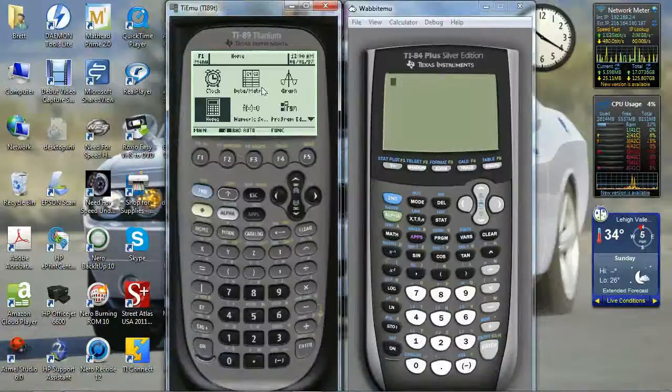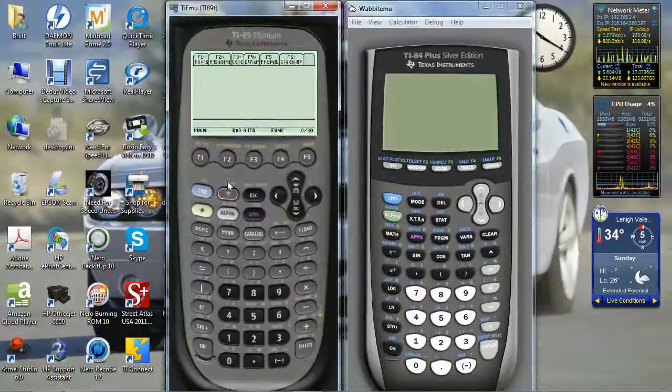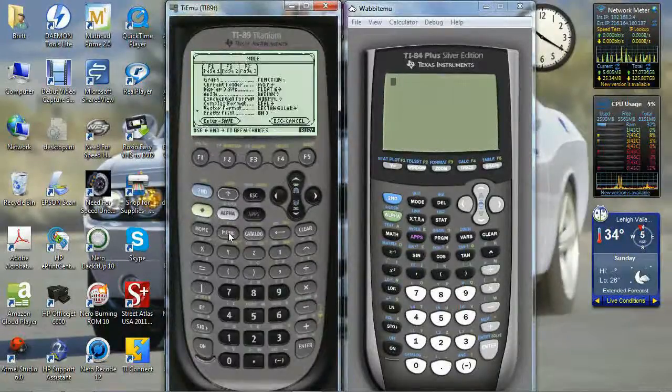You can perform complex operations using the TI-89 or the TI-84, and I believe the TI-83, many of the commands are going to be very similar to the TI-84. So let's look at the TI-89, and we'll see how to convert between rectangular and polar, or phasor form, is what we're really wanting. So we go into the home screen, we'll pick mode, and we'll go down to the angle